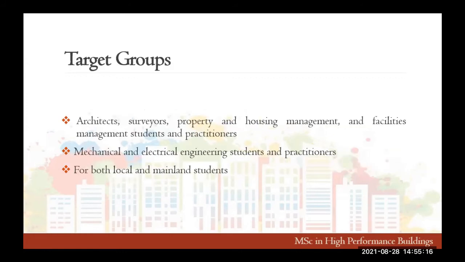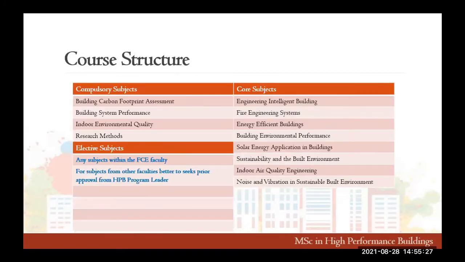And then the target groups are already in there, so you know this should be a mix. Also we will admit some mechanical and electrical students. Now, the thing you're more interested in, you already asked about: the structure for this master program is very similar to the other programs offered in this department, like the building services department. We follow that